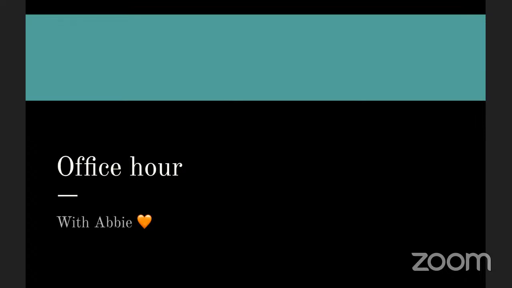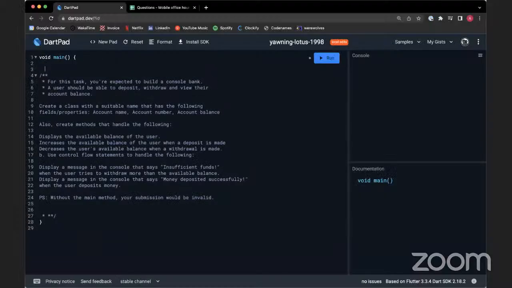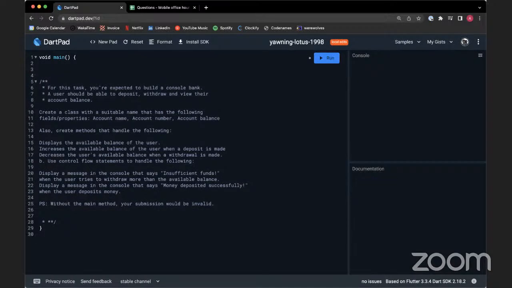So far we have, okay, let me share that patch. Okay, I already have the task pasted here because we're supposed to run through one of the possible solutions for the task. But before we get on with that,